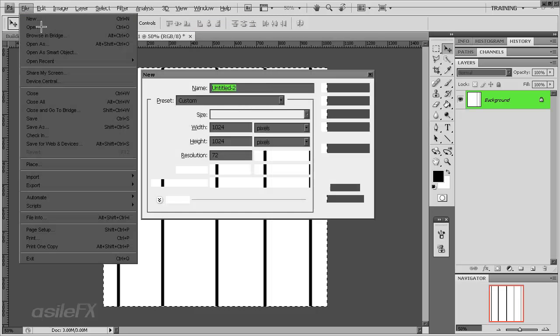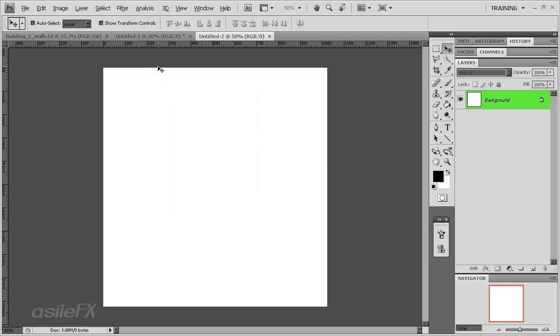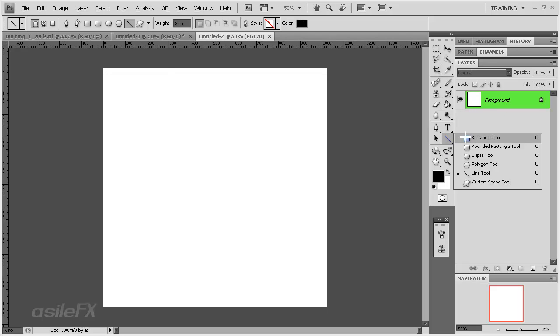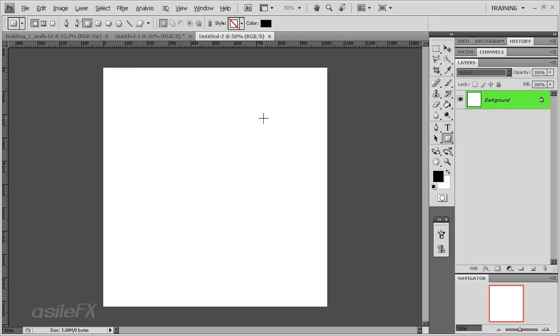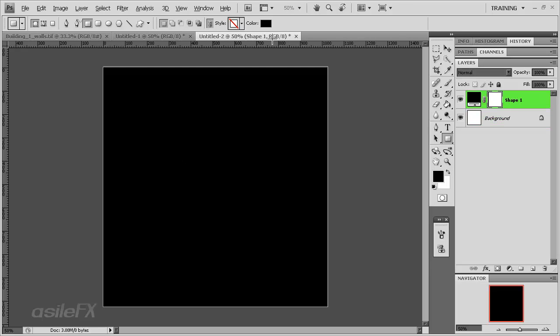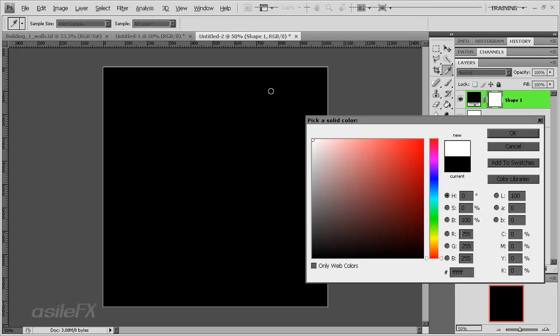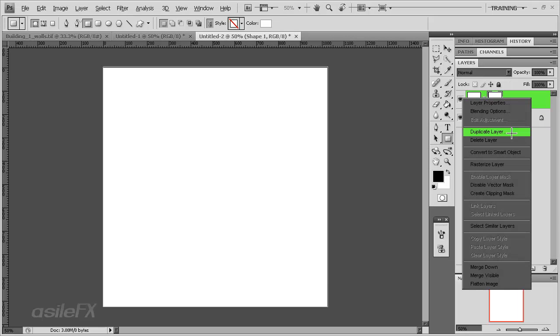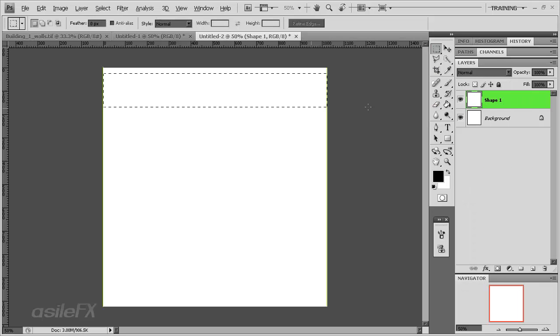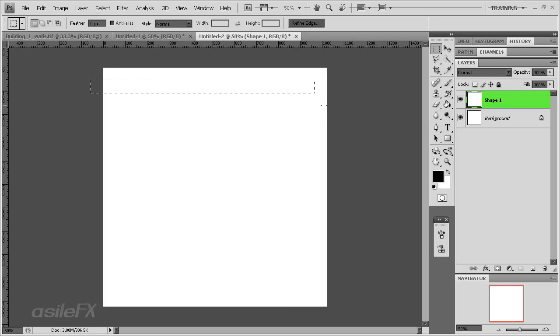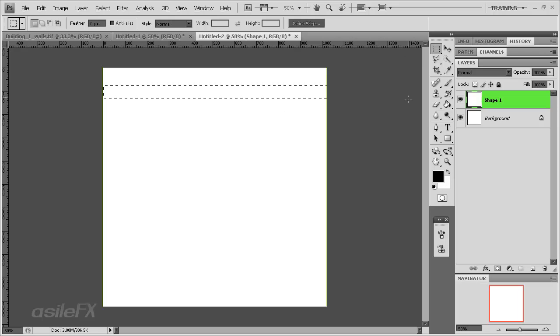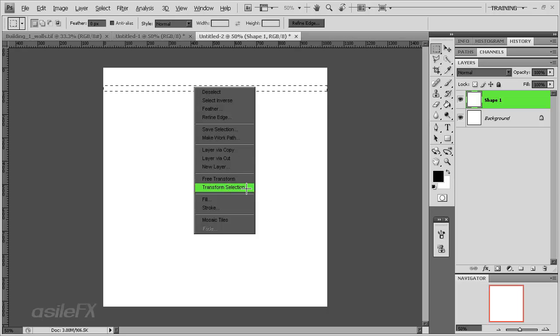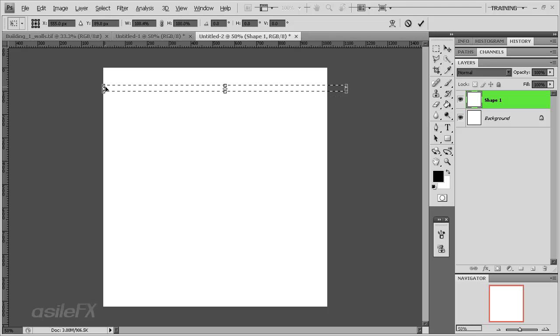So now we can generate or create a new layer, or a new document. And what I want to do is create a rectangle object, and just kind of draw it out, make the color white. Right click, we can rasterize it, and then I'm going to just draw it with the Marquee Tool. So M on the keyboard, or select the marquee, and just drag that out to create some separations between